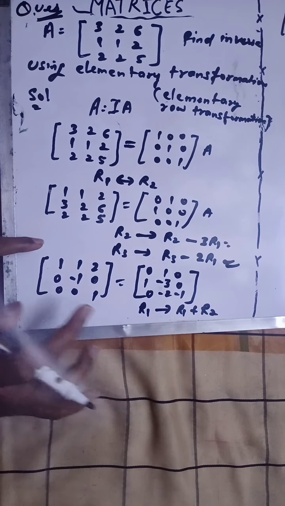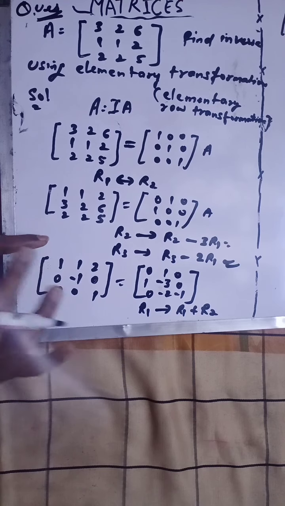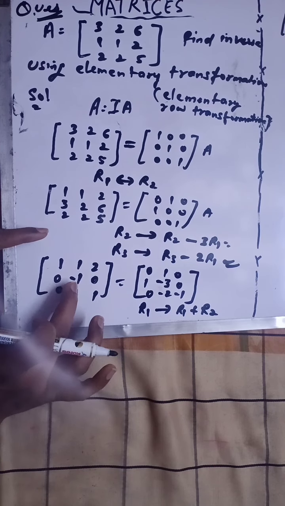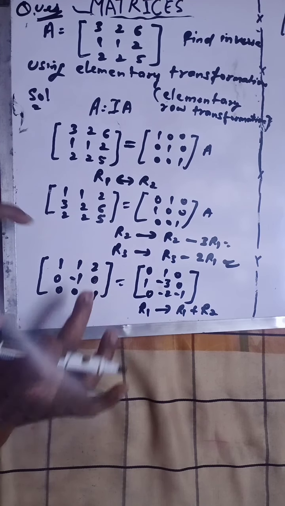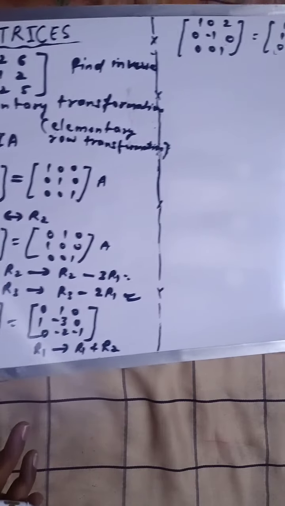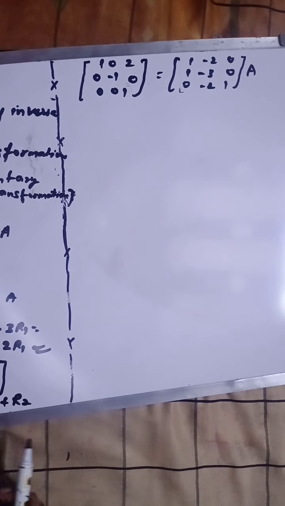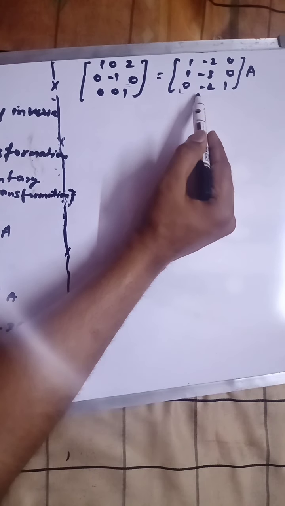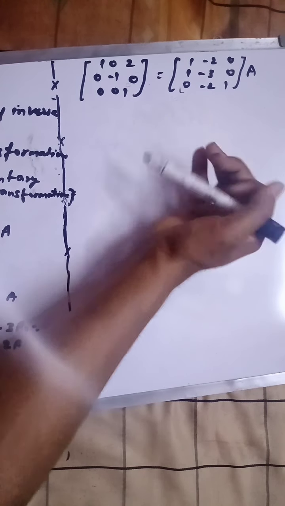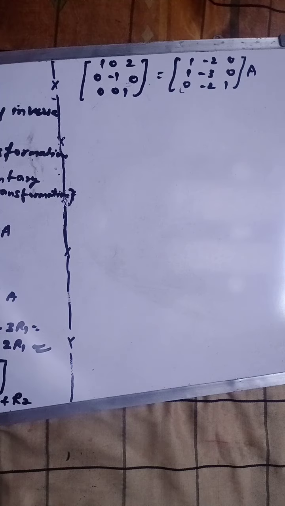So when you apply this operation here, you will get 1 plus 1, that would be 1. And this 1 minus 1, that would be 0. And 2 plus 0, that would be 2. Fine, like this. Here is the answer. And similarly, in second row, after applying this, you will get this. You have to apply the operation in both matrices, both sides. Please remember that.